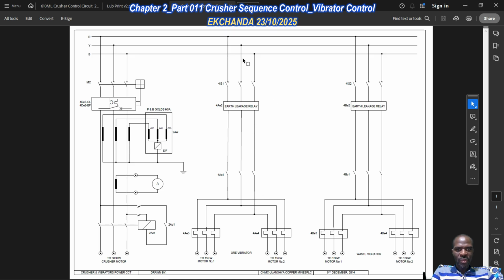The vibrators will be controlled similar to this configuration. We have the isolator for vibrator number 1, designation IS1,